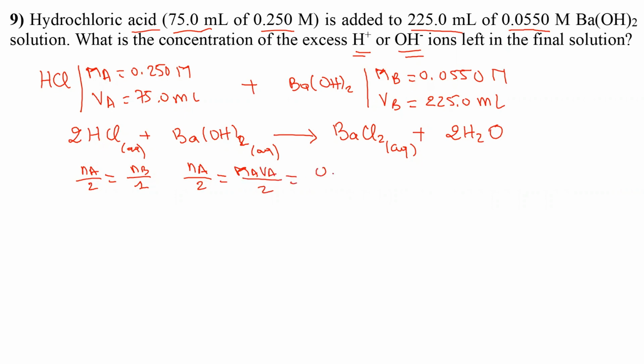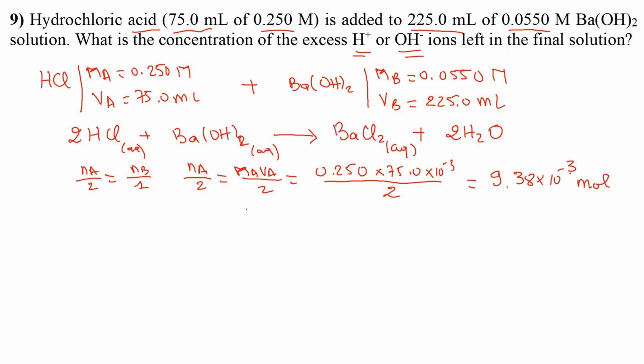This is equal to 0.1250 times 75.0 10 to the power minus 3 to have it in mole, divided by 2. And this is equal to 9.38 10 to the power minus 3, sorry,